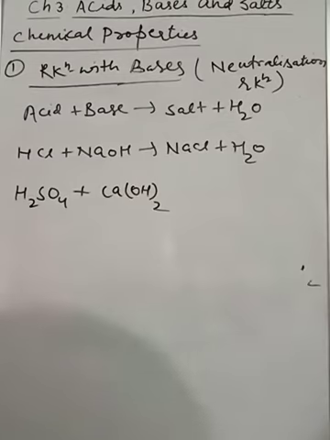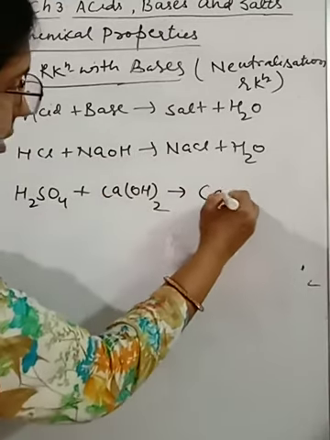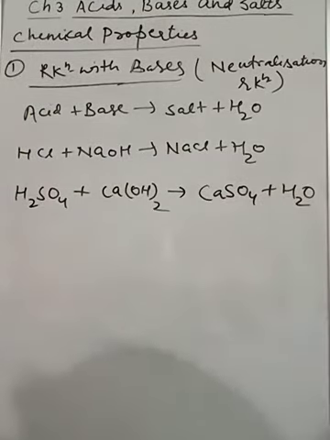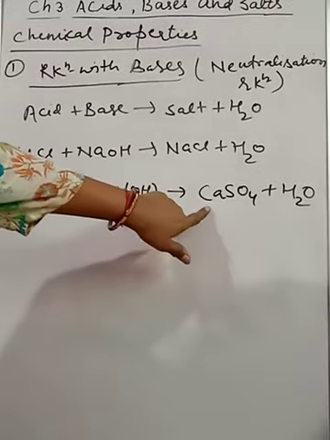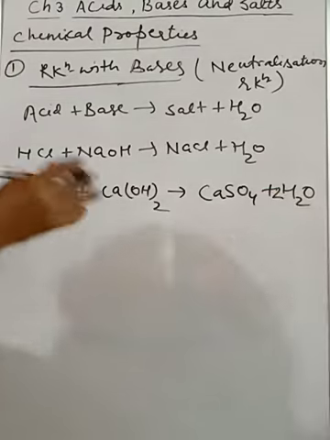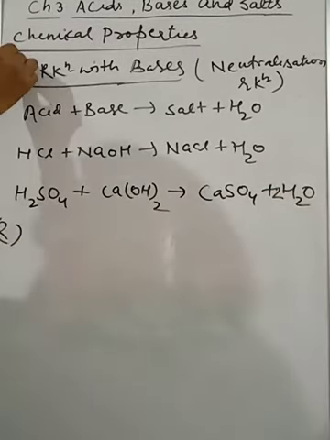But generally, we choose the soluble bases here. Okay, we can take this. What will we get children here? Calcium sulfate and water, CaSO4 plus H2O. And this CaSO4, as I told you, we should try to opt for a soluble one. I have shown you here, but you try to take the soluble one. Balancing part you will take care of.